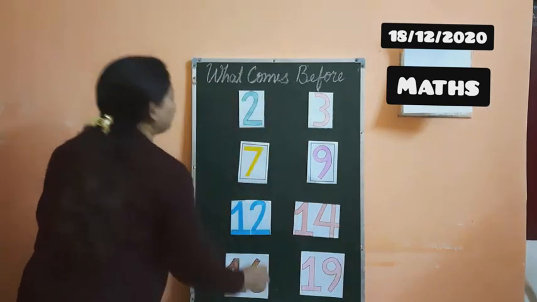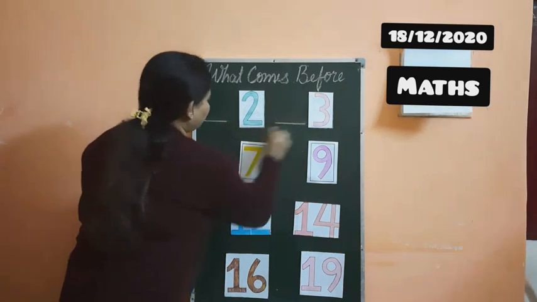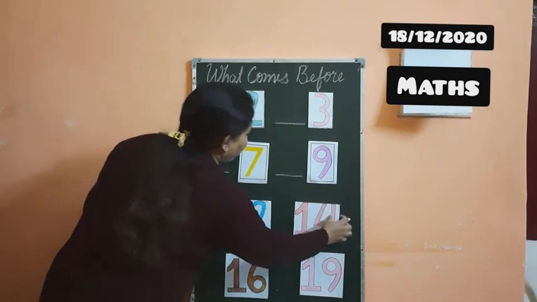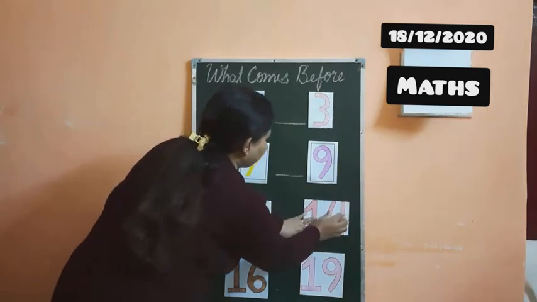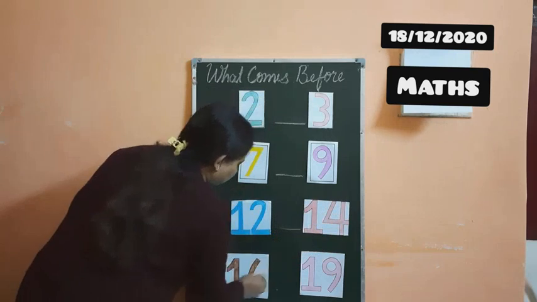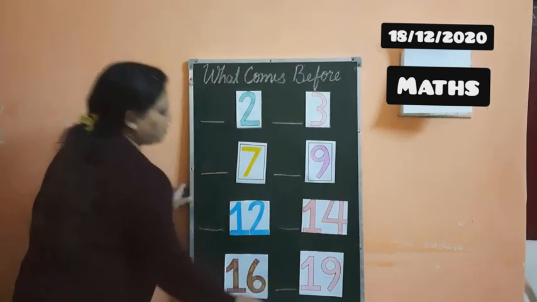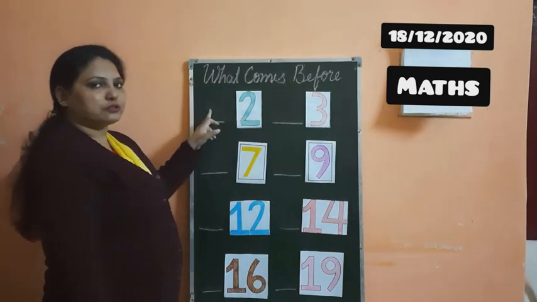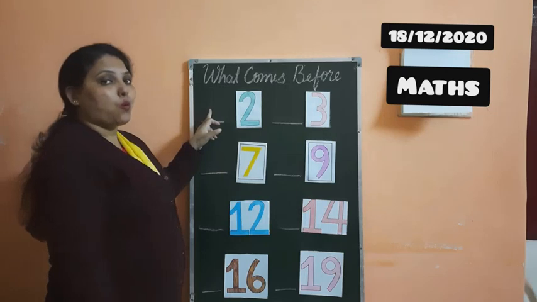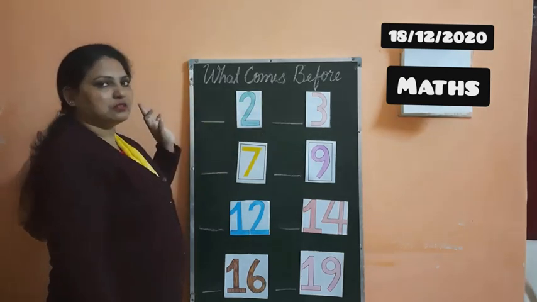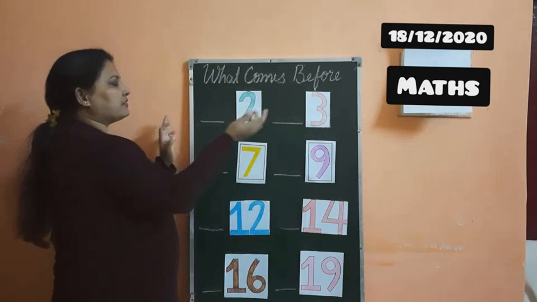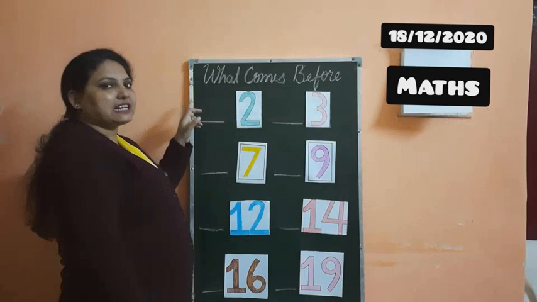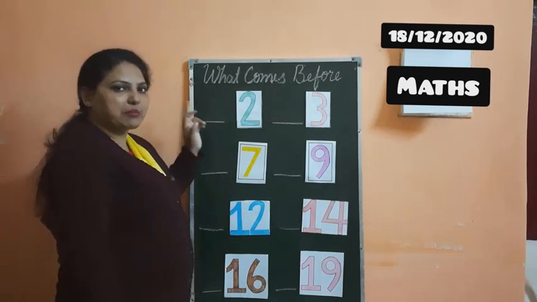Now I will write a dash here for you, and you will come to know the number, because you have to go backward. You have to move backward. So I have put this dash. Now you can see the number 2. Which number will come before 2? You have to count it: 1, 2. So backward you have to count. 10, 9, 8, 7, 6, 5. You are doing backward counting.